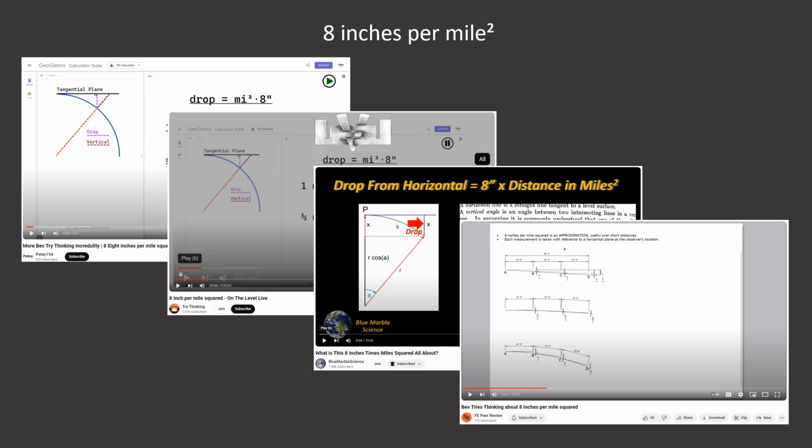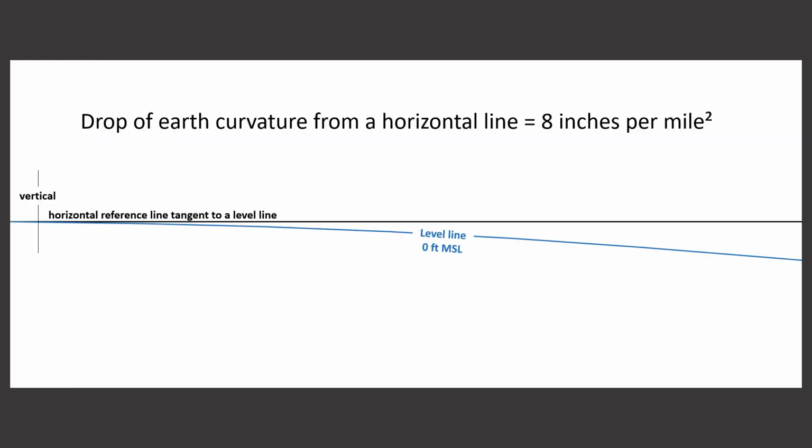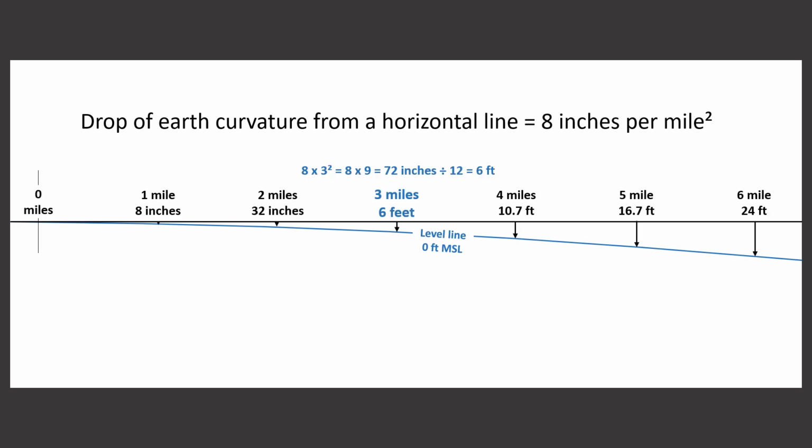Now, recently you might have noticed there's been some videos made about 8 inches per mile squared, and this is in regard to a certain individual's inability to understand this concept, which is pretty strange because it's just the rate at which the curvature of the Earth drops below a horizontal line. And it's a very simple calculation to do. All you need to do is multiply 8 times the mile squared. That will give you an answer in inches, and you can divide that by 12 to get the answer in